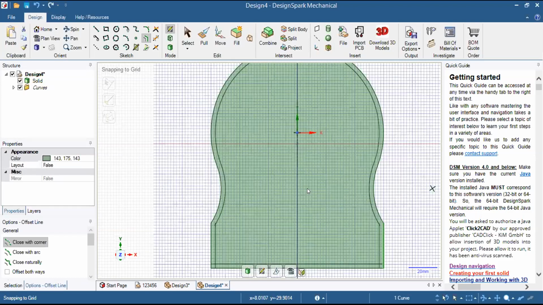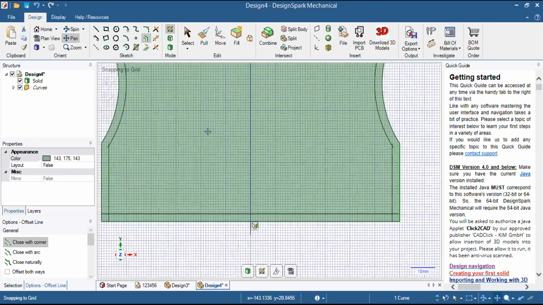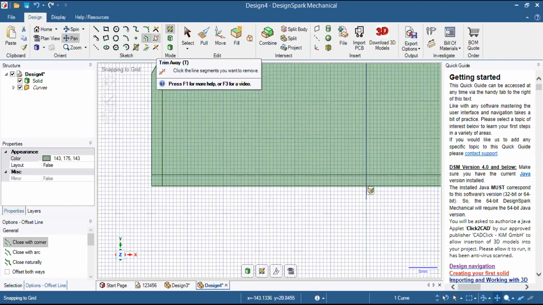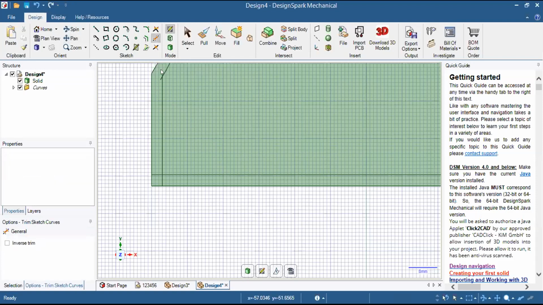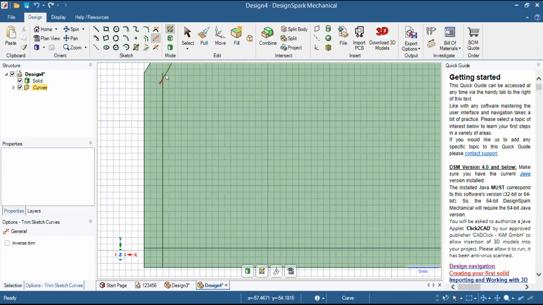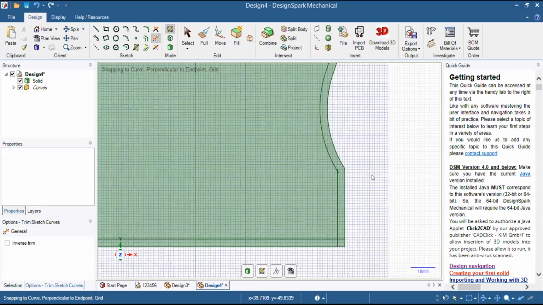Now again you can see some unused lines which we don't need. So what we need to do? We need to trim these lines. So again, I will go to the trim command and will trim. This is also an unused line, because there is an intersection, and we don't need intersection in a design, because if this happens, we will not be able to convert it into a 3D sketch. So I will trim it away so that I don't have any problem while converting my 2D sketch into a 3D sketch. Now I will go this side.